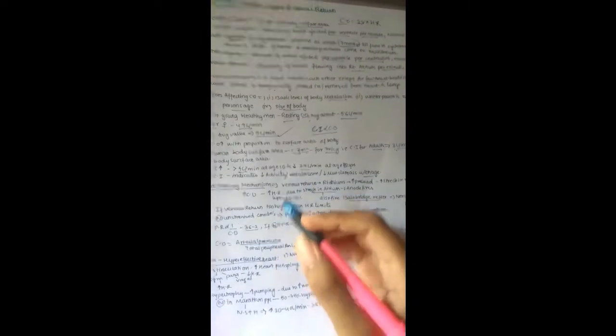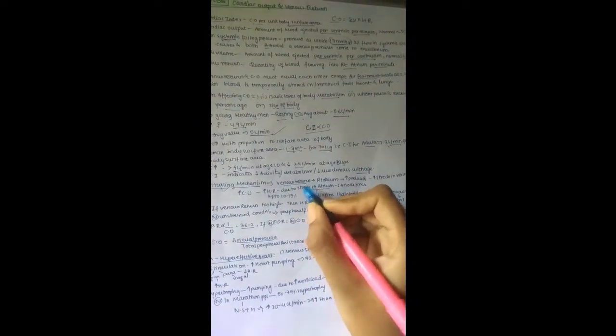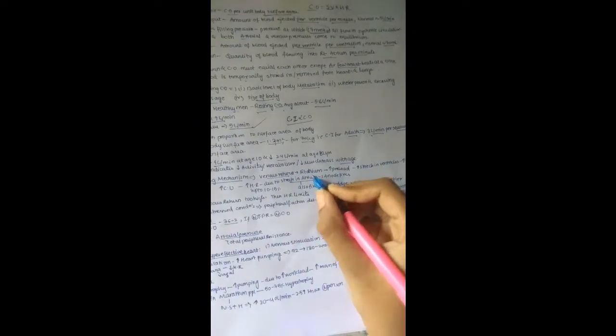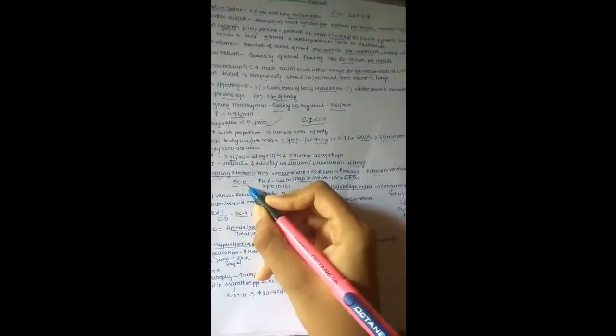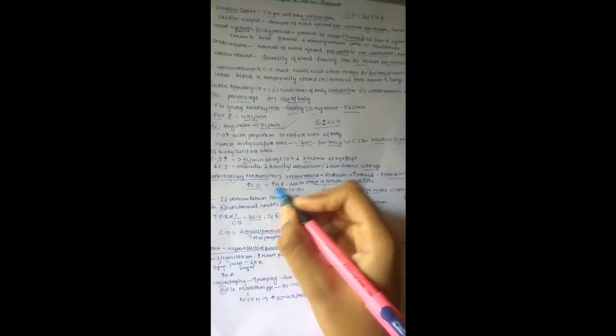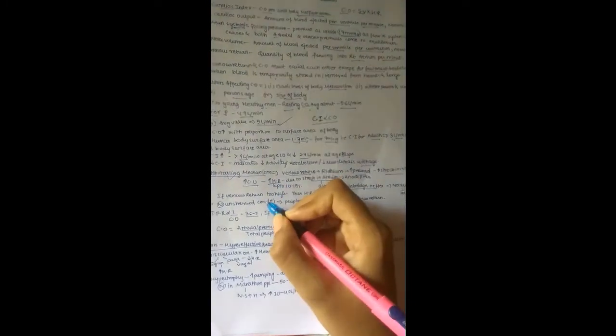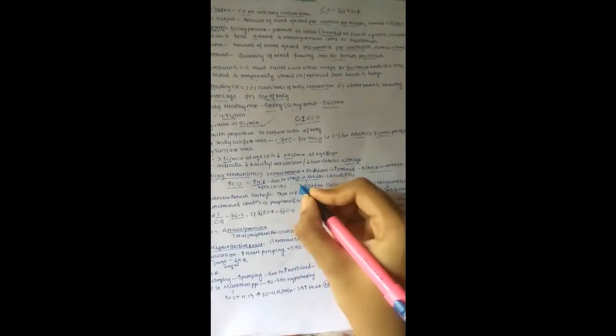So let us understand this. First it depends on venous return. As venous return comes to the right atrium, the preload increases. Increase in preload of course increases the stretch in the ventricles because more blood is coming. This in turn increases the stroke volume, and of course it will also increase our cardiac output. It will also increase our heart rate. Why is heart rate increasing? Because of the stretch in the atrium.